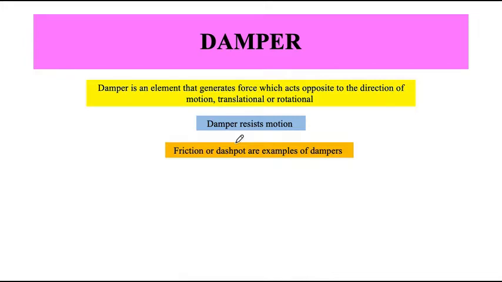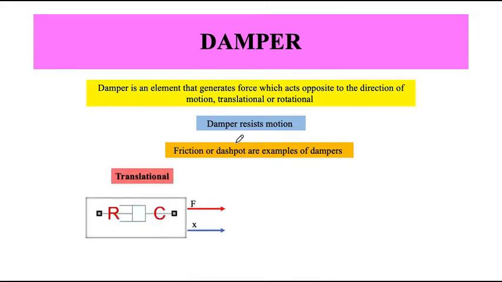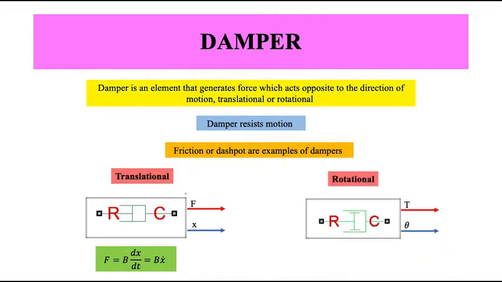And how are they modeled? If I have a force, again a certain displacement x, the damper is modeled as F equals b dx by dt, where b is a constant, like a damping constant, a linear relationship between force and velocity. Similarly, in rotational motion, I have a rotational damper or friction as a linear relationship between torque and angular velocity, which is b times the single differentiation of theta.